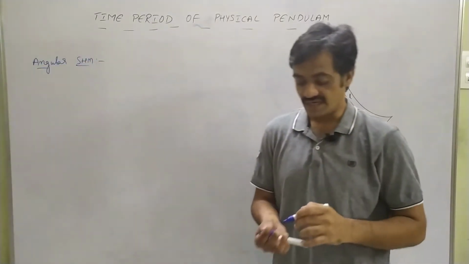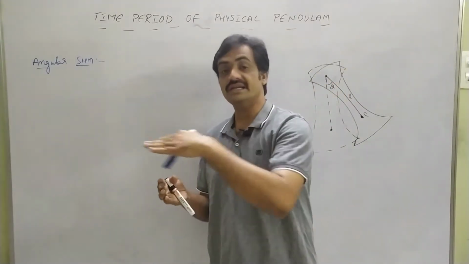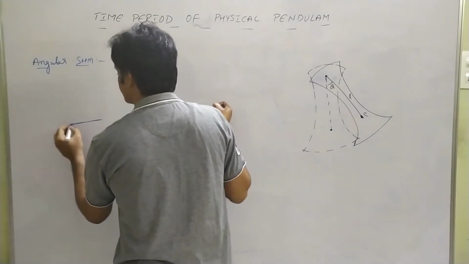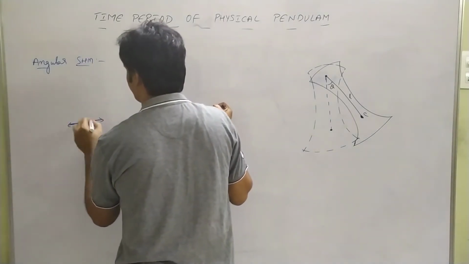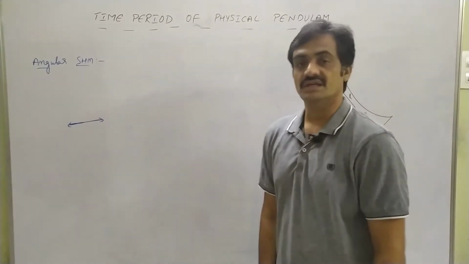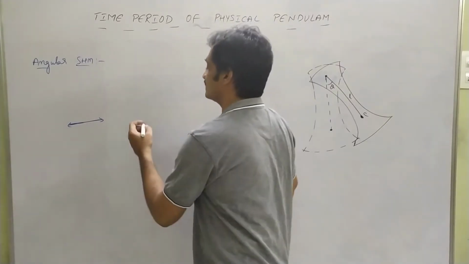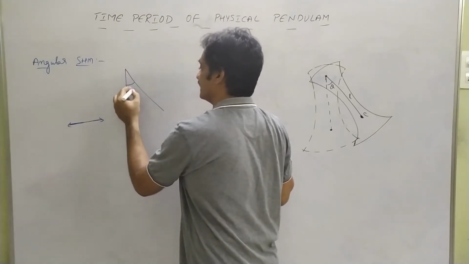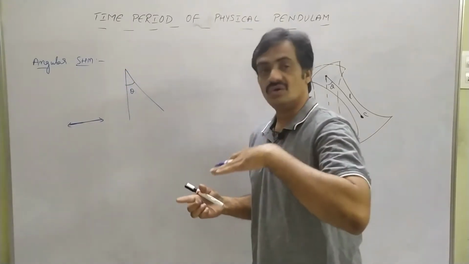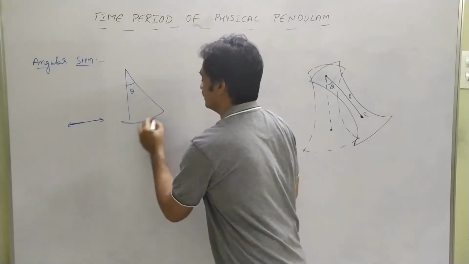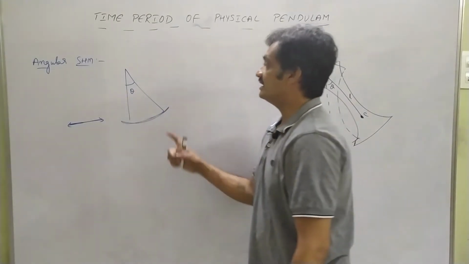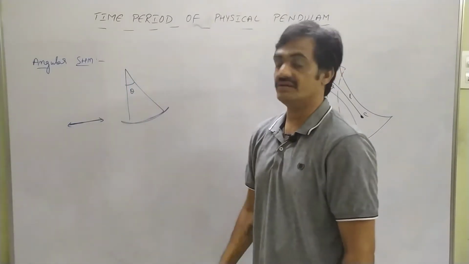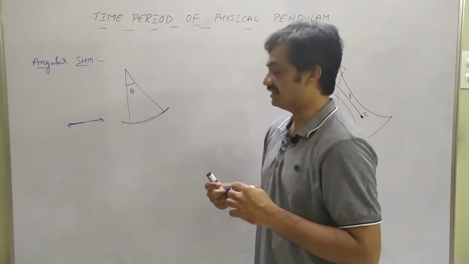In the previous cases we had discussed SHM based on linear motion, meaning the pendulum oscillates in a straight path, whereas here we are going to discuss the oscillation of the body based on the angle theta, meaning the body is oscillating angularly. In this case, we are going to represent the time period of the pendulum if a body is oscillating by an angle of theta.